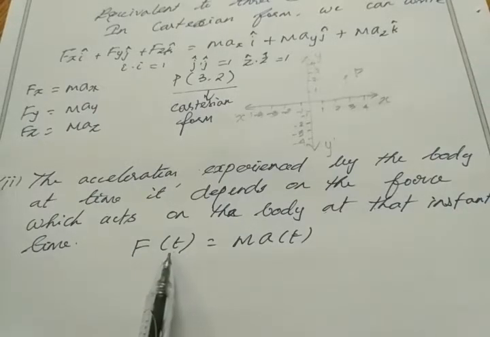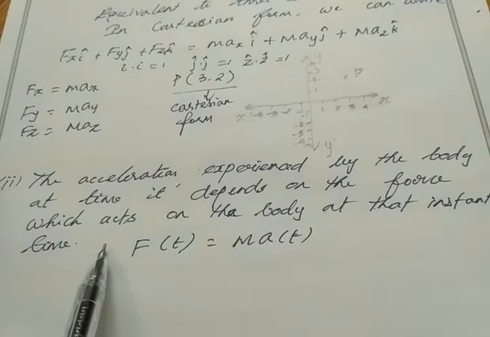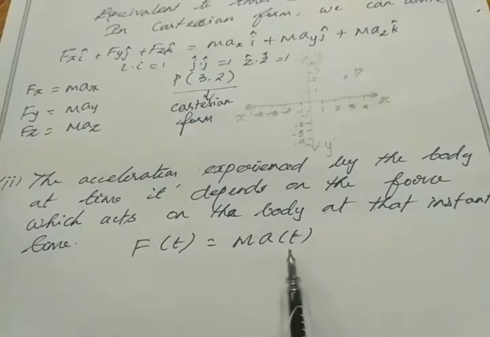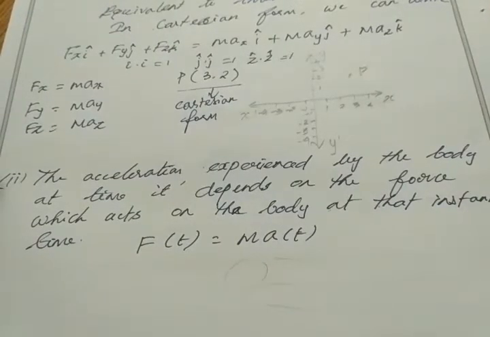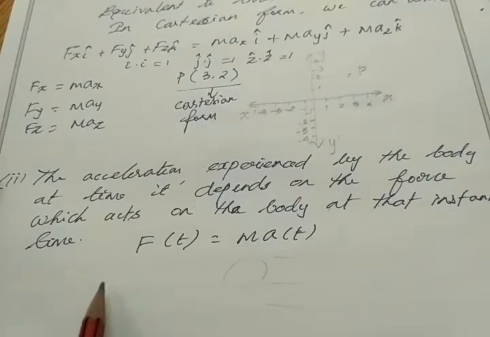Before this force we may have given a certain force, or after this force we may interact with the object with our external force, but this acceleration does not depend on that force. It only depends on the force given at that instant of time. For example, if a bowler bowls a ball, the ball moves with a certain acceleration. The acceleration of this ball only depends on the force given by the bowler.